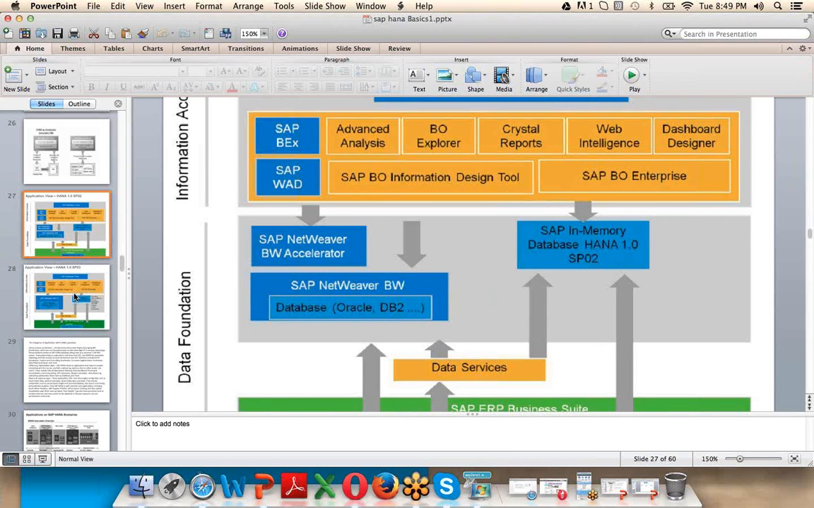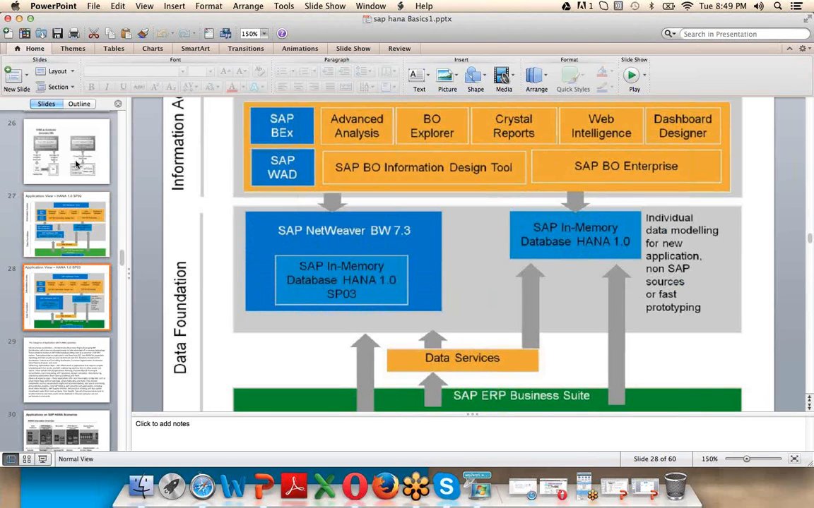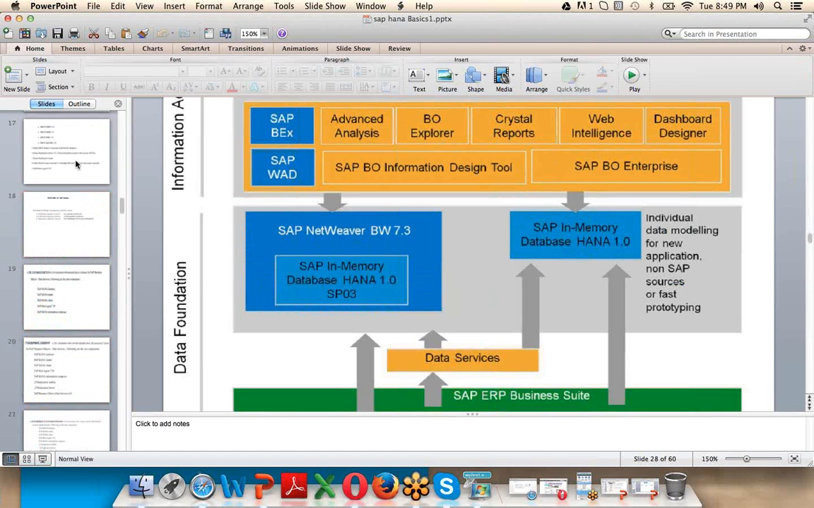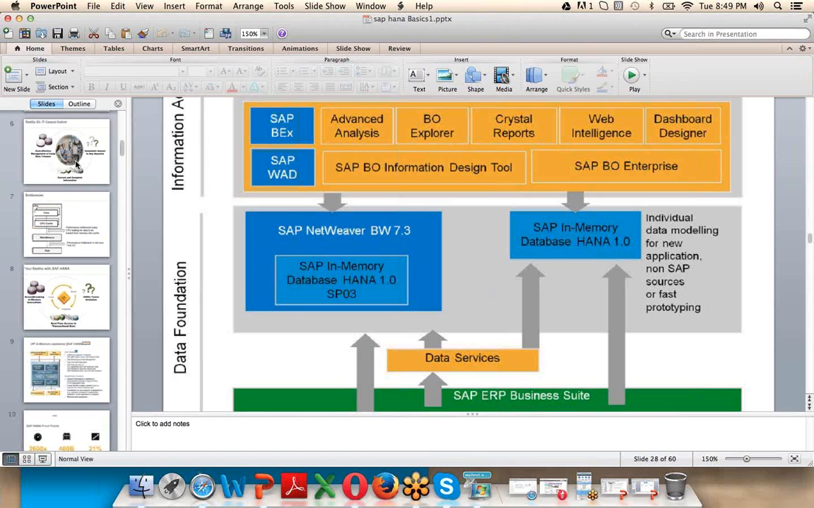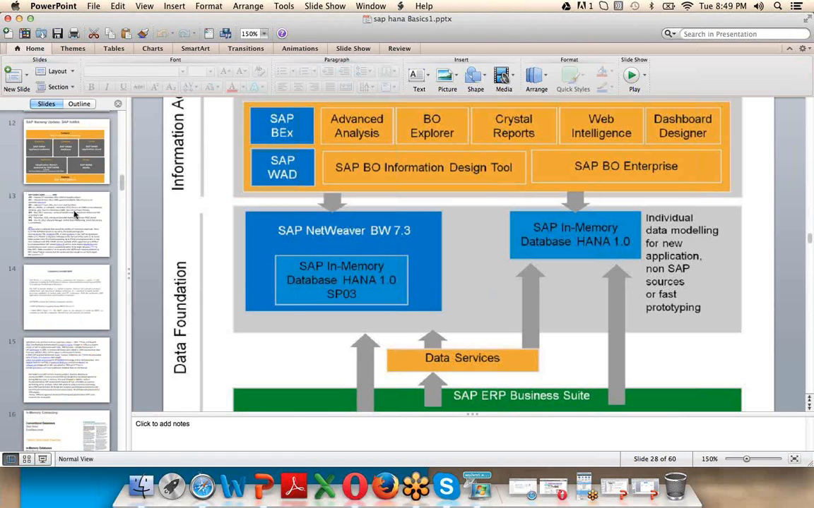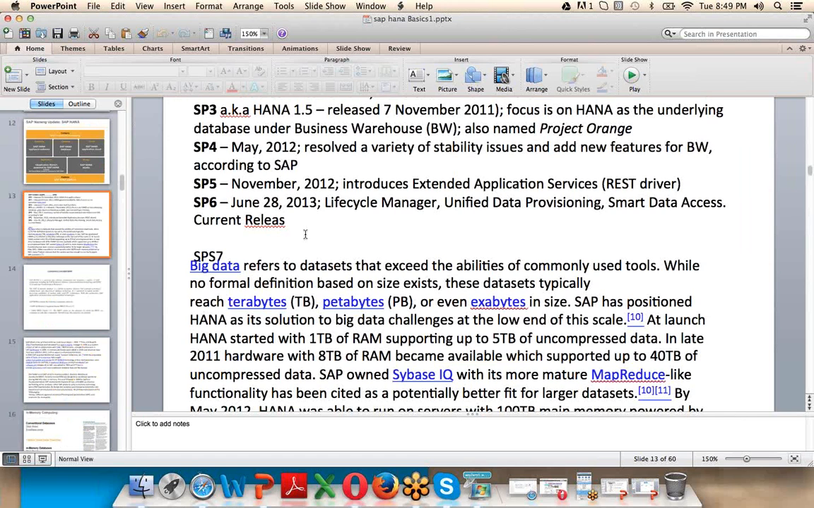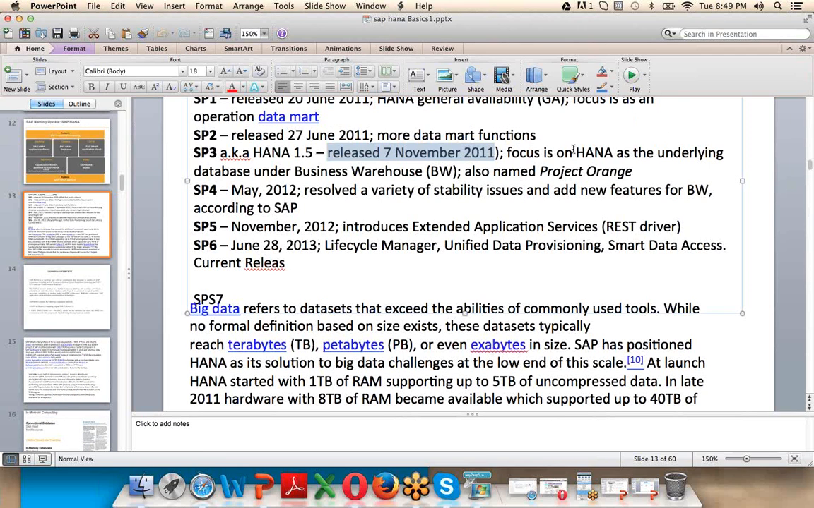When SAP released HANA 1.0 Service Pack 3 on November 7, 2011, along with data mart functionality, HANA supports one more functionality. So HANA can be used as an underlying database for BW. BW, Business Information Warehouse, is a MOLAP application from SAP, also named Project Orange. Once BW is installed on top of SAP HANA,